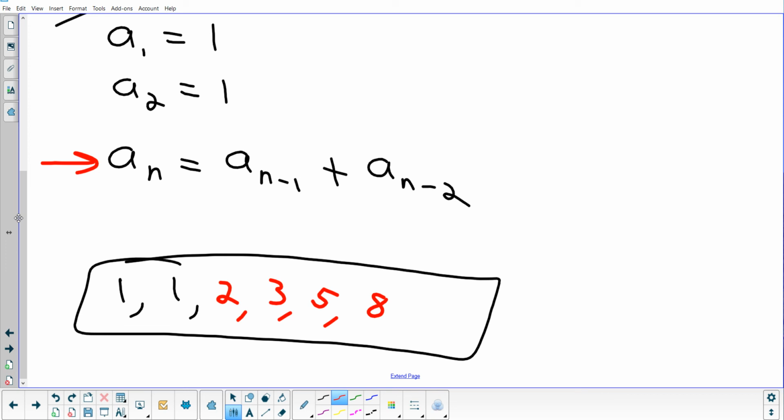And there is a way to figure out an explicit formula for the Fibonacci sequence. Like if I said to you, I want to know the 50th number in the Fibonacci sequence, it's going to take a little while. You've got to do it by adding the previous 2 terms. So there is another way to do it, but it's not something we get into. So that's just a very special recursive sequence, Fibonacci. Questions on that sequence?